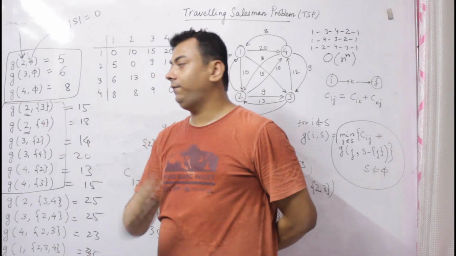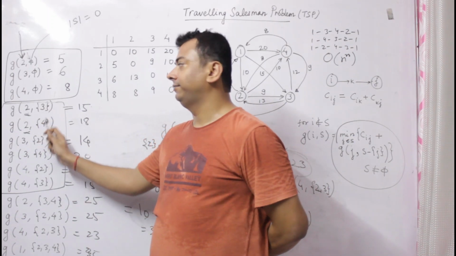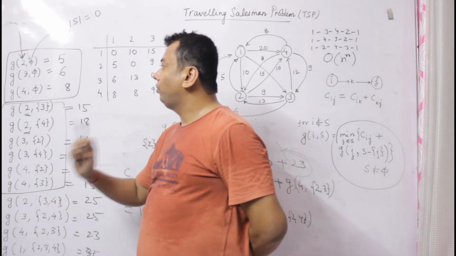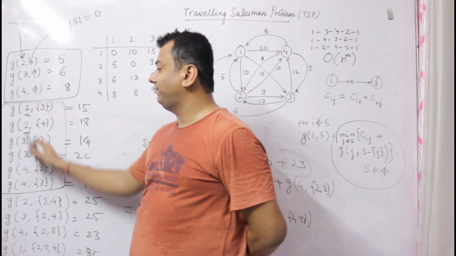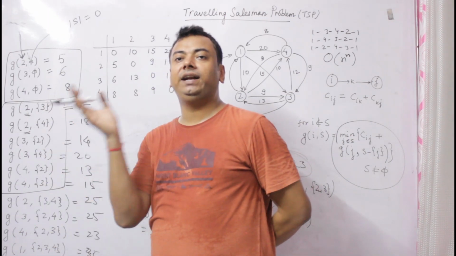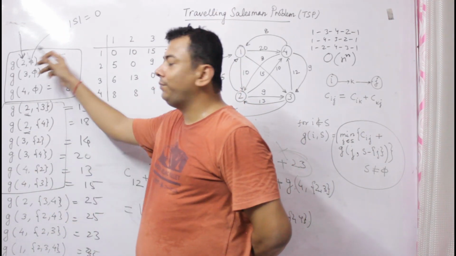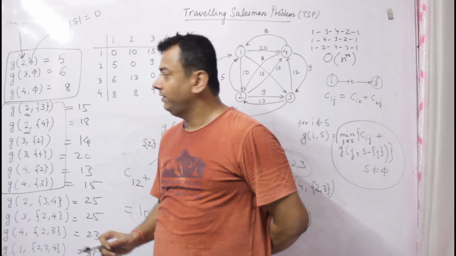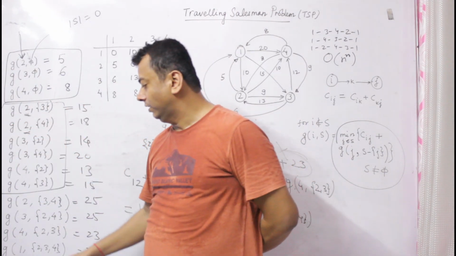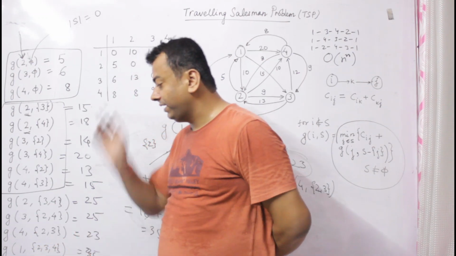So the first point, if you are at node I, don't include that I in this set. Second is, in this G function, don't include the start node as the first parameter, since the G function itself defines that you are already at 1 beforehand, and you are computing the intermediate path. This is the intermediate path. G is what? Length of the intermediate path. So finally we need this one, so we will only include it here.